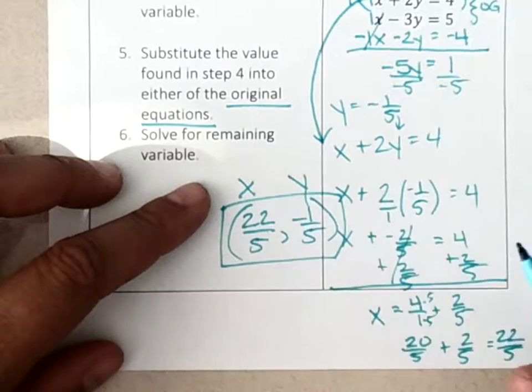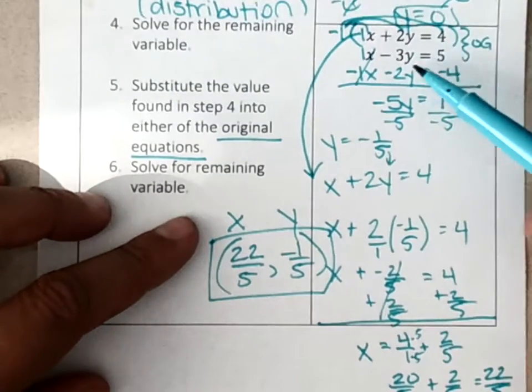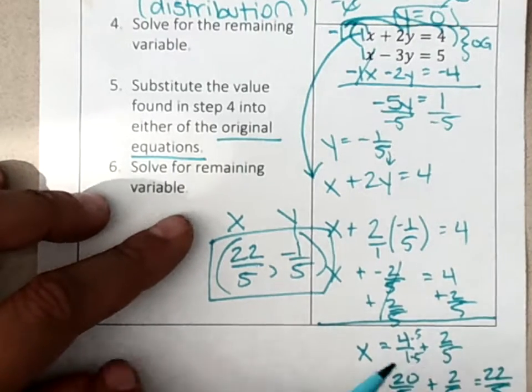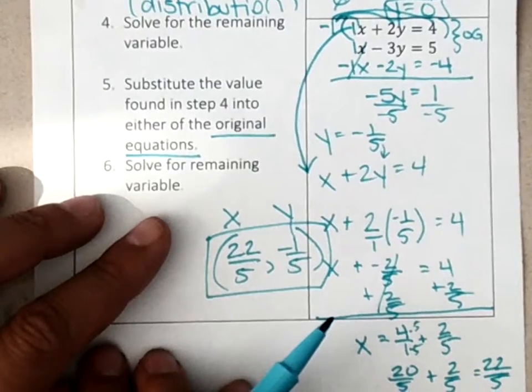And that means that these two lines intersect on a graph at 22/5 and negative 1/5. Now let's make sure that this works by using